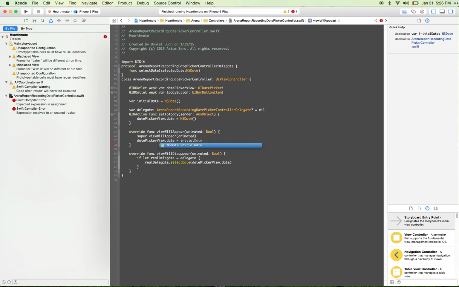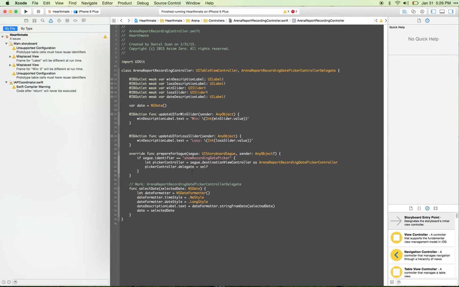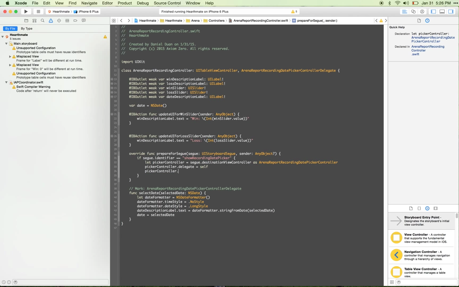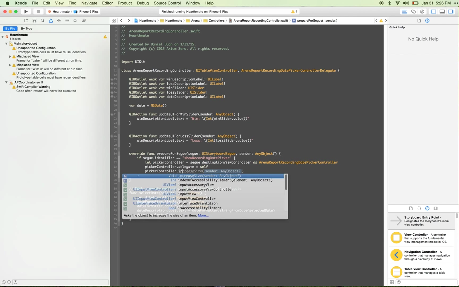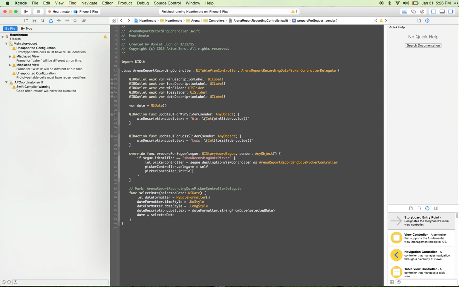Initial date. And when we go back, we can say, oh, when the picker is about to show, set its initial date to the current date that we know. Okay. So if we try now,